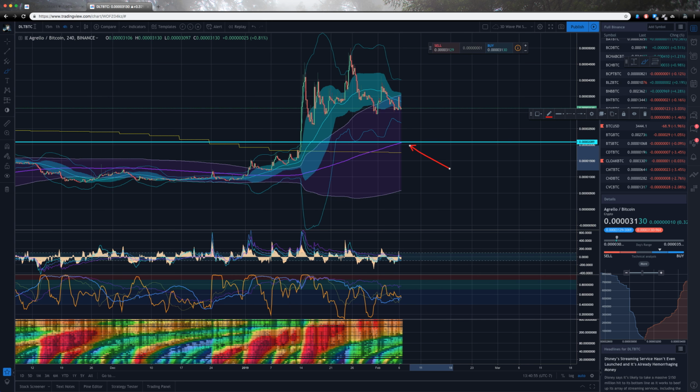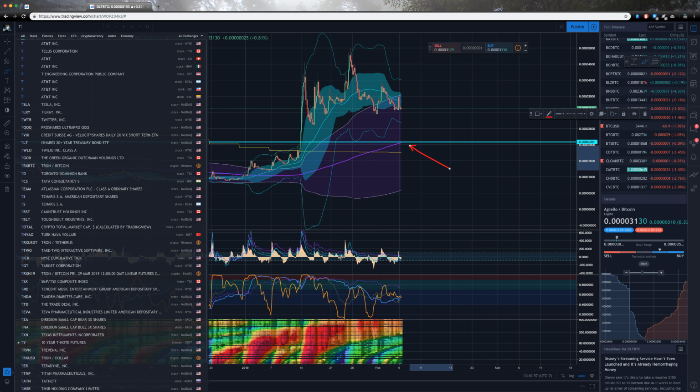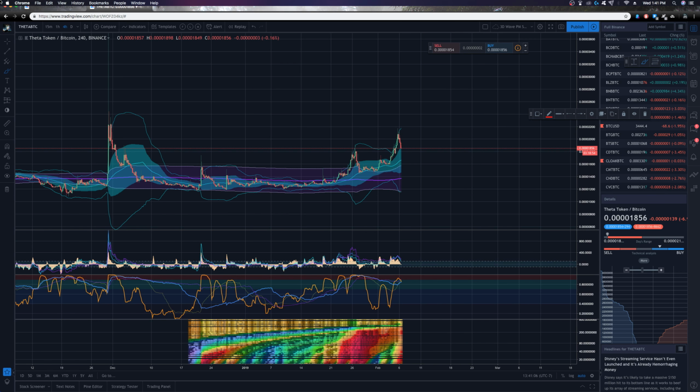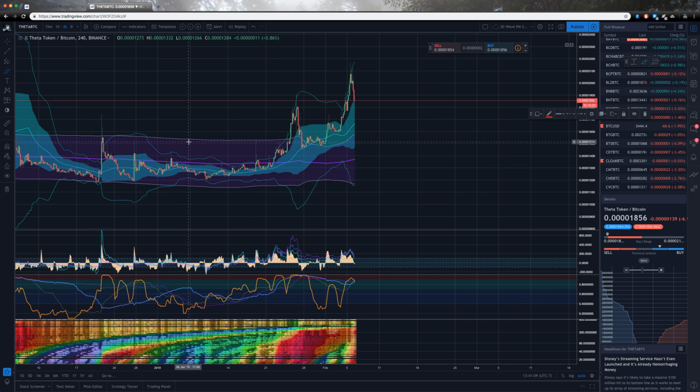Let's take a look at Theta now. Yeah, BTFD, I'm pretty sure you actually mentioned Theta before it popped off. As soon as we run into that 50 band, we will retrace down to the 50 MA. It's really way too high risk to be attempting anything here, right? But at least from the looks of it, it's potentially pretty clean. I would just wait for the retrace, man. It's not worth the risk right now.